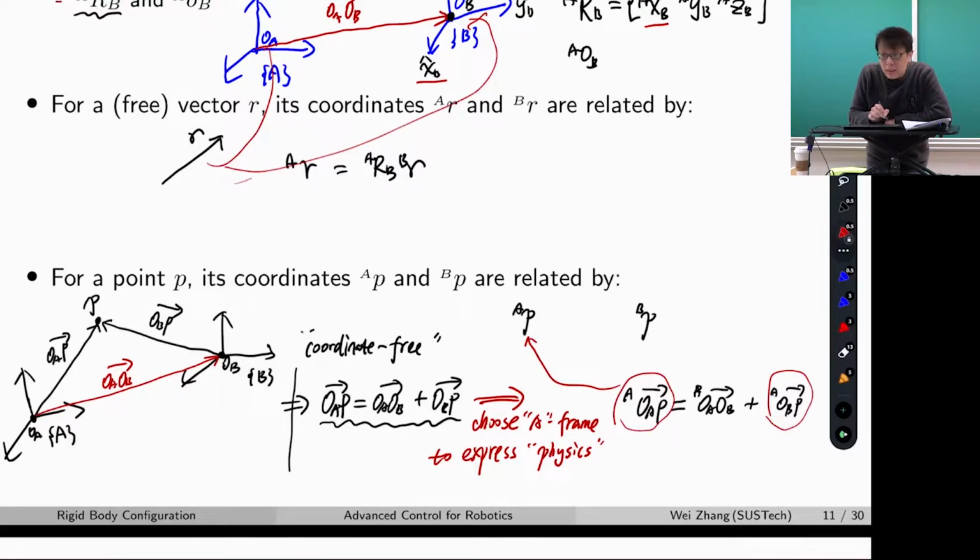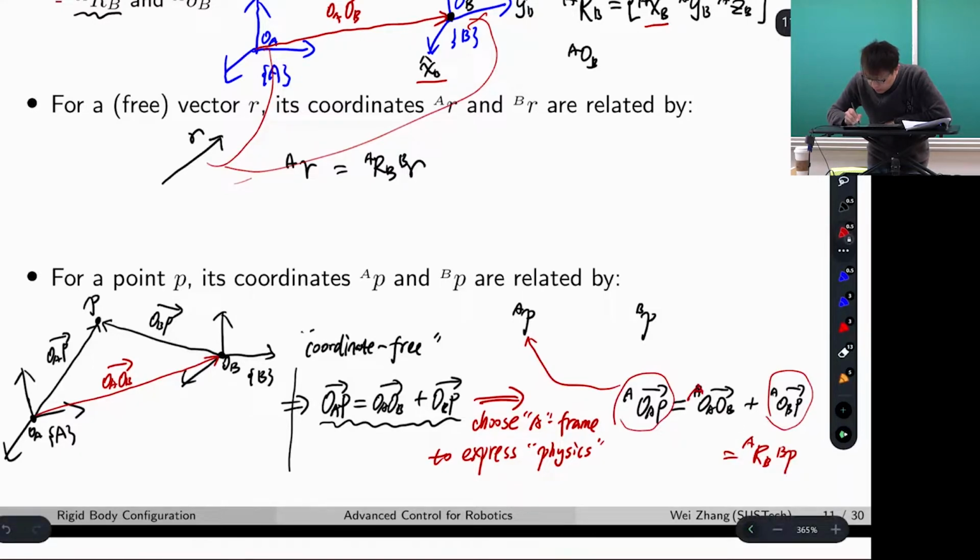I know this vector in B, I can say P in B will be this vector in B, but I want to express that in A. So this guy will equal RBA times PB, right? So this is A. This guy is OB, the point of the origin of the B frame in A. So overall we have